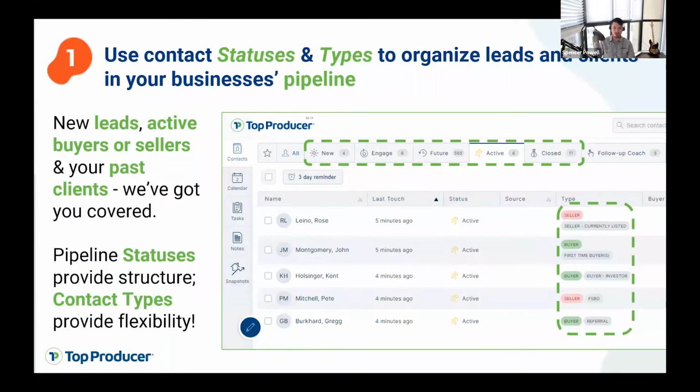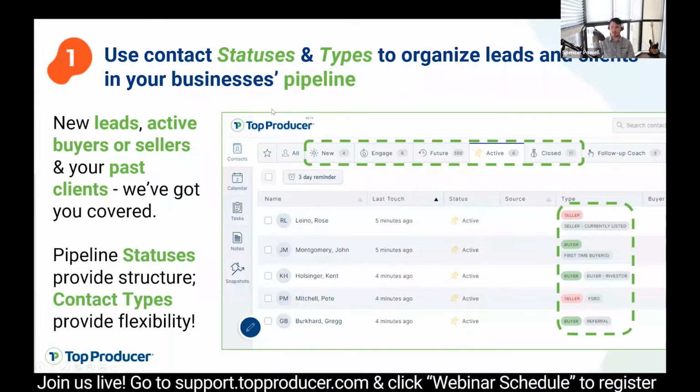Moving right into our first point, using contact statuses and types to organize leads and clients in your business's pipeline. Just really quick, I'm not a huge fan of sitting on slides for too long, but I will use the slide as an opportunity here to point out that this is a representation of your sales pipeline in Top Producer X. As you can see highlighted here, you have these 5 main contact statuses: new, engaged, future, active, and